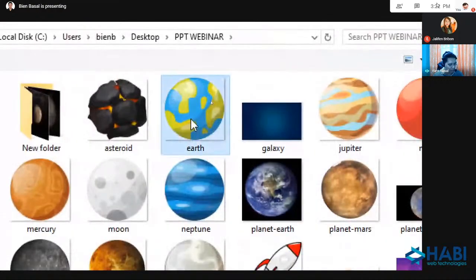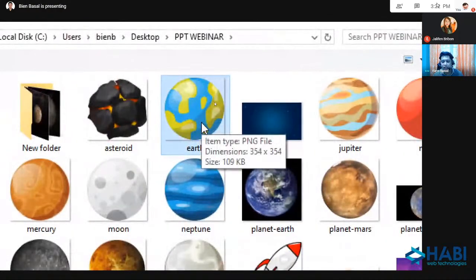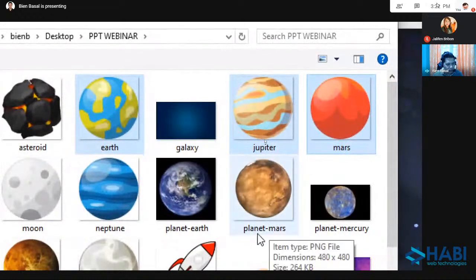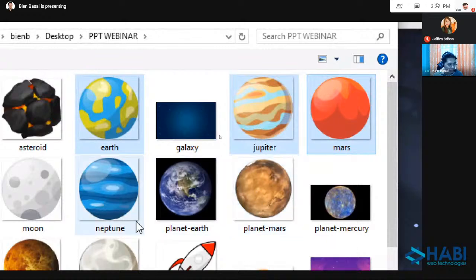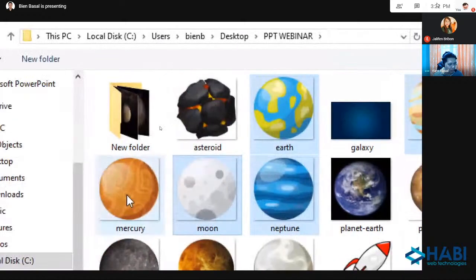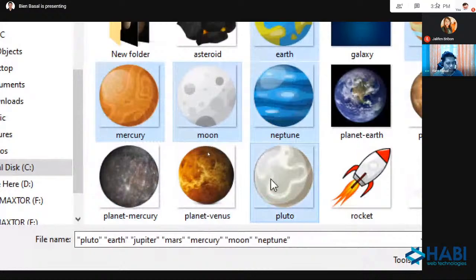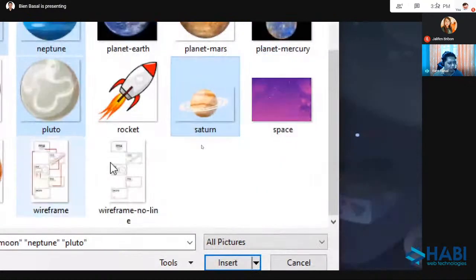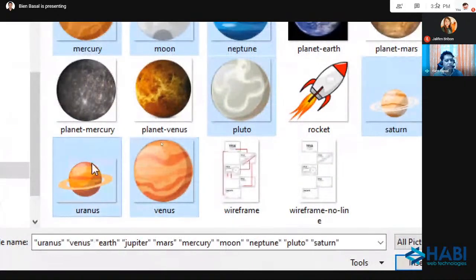I will select Earth. I will press Control key. Control, Control. And I'm selecting yung pong may name na planet, do not select those images with the name planet. Neptune, Moon, Mercury. I don't need, you can add Moon if you want. Pluto, Saturn, scroll down, Venus and Uranus. Insert.